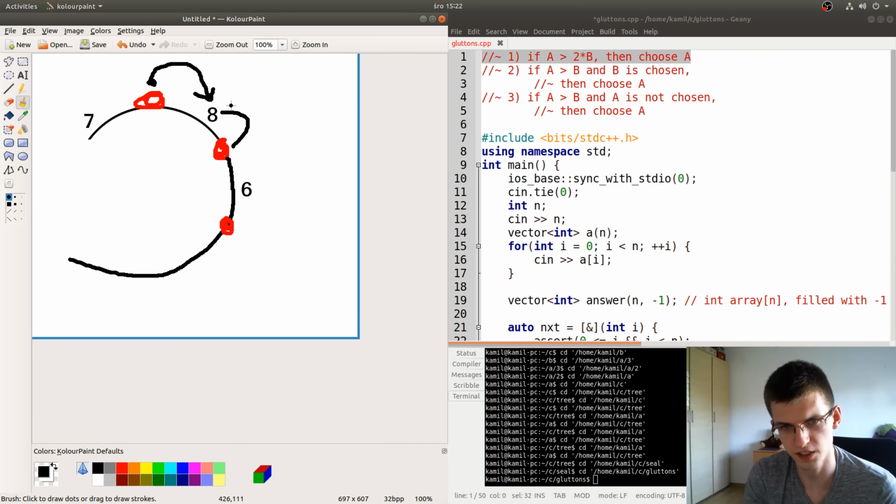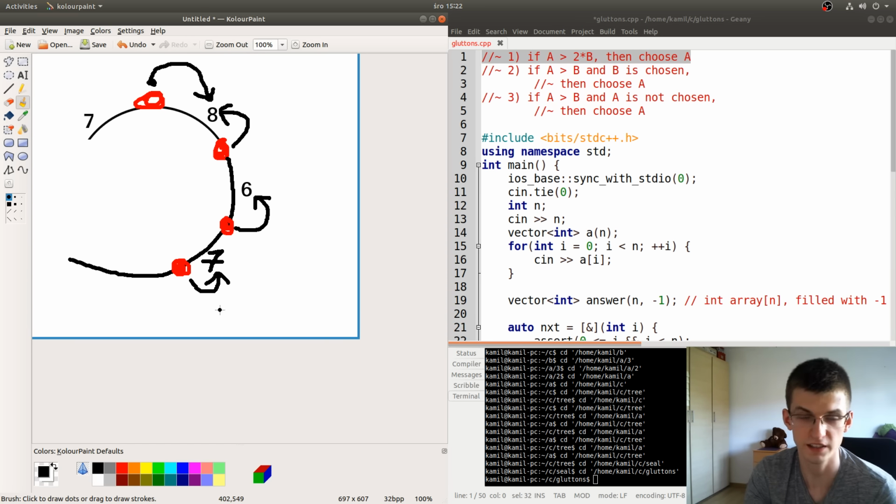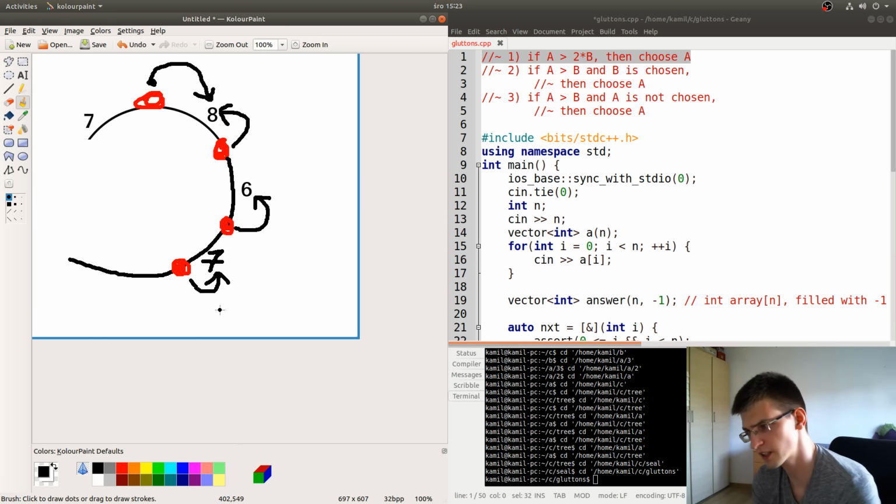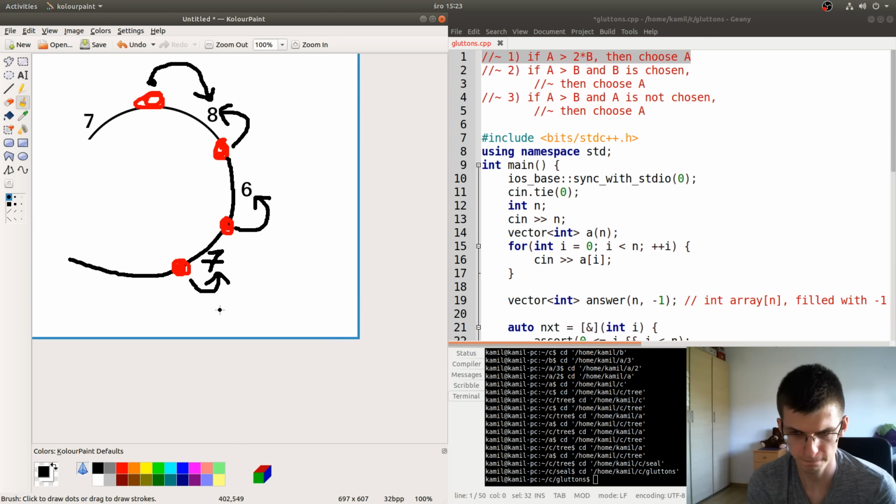So if this issue happens, then apparently this 6 was taken like this. But then here there has to be also a value that is not 2 times smaller or larger, and the same logic happens. Apparently this guy for some reason took a 7, and so on, until eventually we encounter a cake that we already decided about, which is possible only if some value was 2 times bigger than the adjacent value.